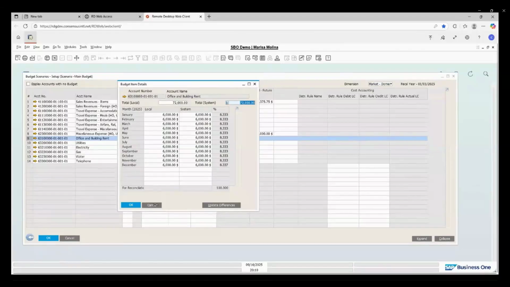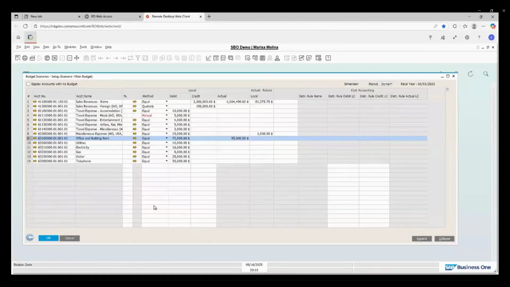I could change it if I want to. So let's say that you have an amount that is not like per specific. You could, I don't know, 62. So you can start defining the amount by month, and at some point say, okay, update differences. And the difference, if I finish in here in October, the system will split between November and December. So the system will apply the difference to the last one. And you will see the factor, the percentage, of course, for the 8.333. Actually, in December, the system just applies the difference for the 100%. So that's what we have for the distribution method in here.